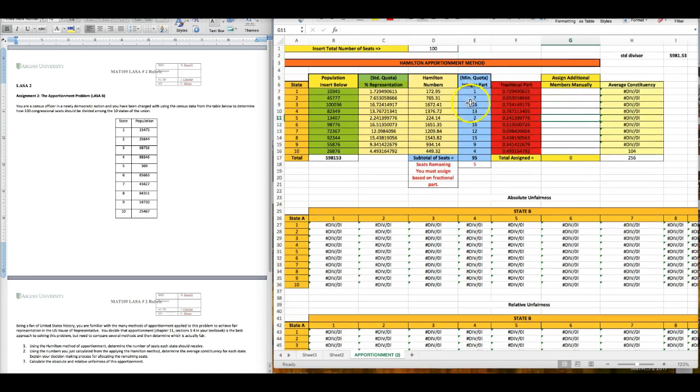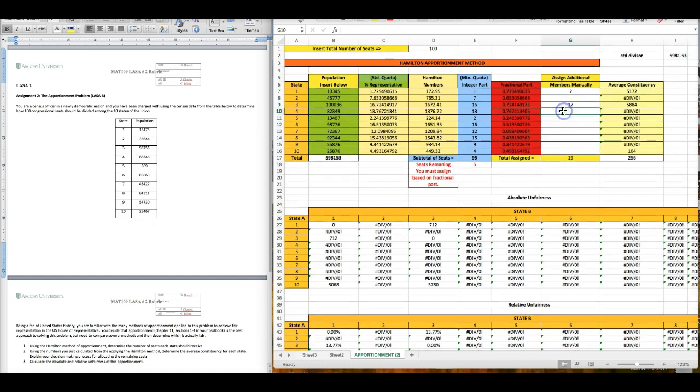Now that we have all of these have at least one representative, it's kind of like what these numbers are going to act like. So I'm trying to mimic that. So we'll go through this process again. The largest fractional part here looks like the 0.7294. So they'll get 2 representatives. And then the next one here is this 0.724. So they'll get 17. The next largest one looks like,